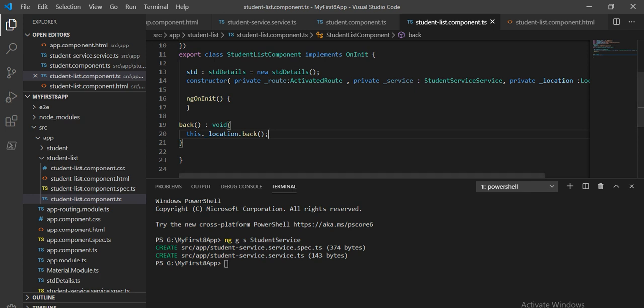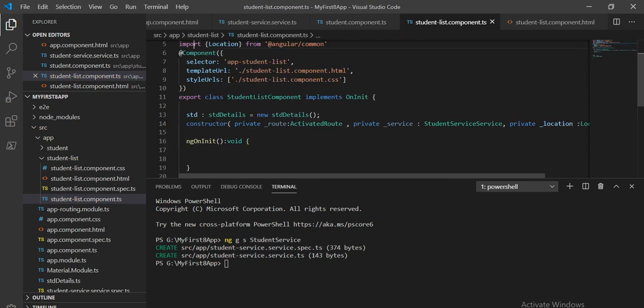Now when we land on this page from the student page, it will accept one ID, and based on that ID it will show the data. We will show the data using what we have learned, snapshot and observable. Using those two we will learn how we can show the data. For defining the data we have to write those functions under ngOnInit. So how will we write this? Let's implement that logic.